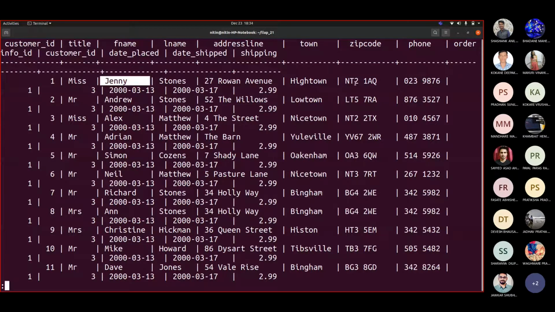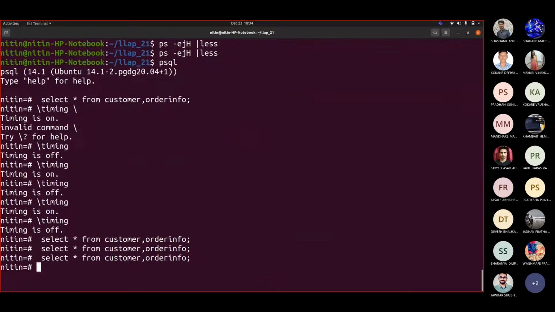Correct. So this organization is kind of like the printf function, which is completing that formatting operation. Now that formatting operation is done, that's why the tables which were there are removed actually. Okay, which tables were those? So the tables, in this case, were customer and order info. Both the tables which were in memory were removed, but the data extracted from those tables is kept in memory. Correct. So that's why you will see that the timing definitely changes with respect to this.